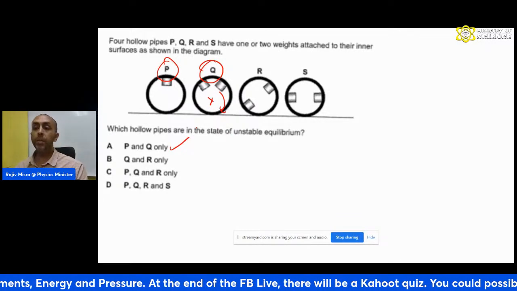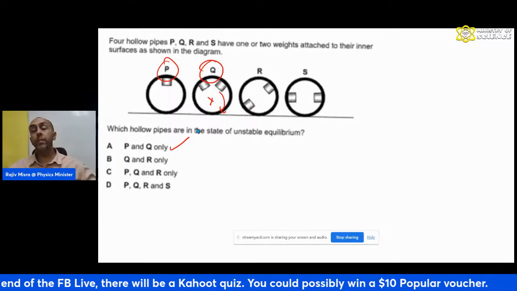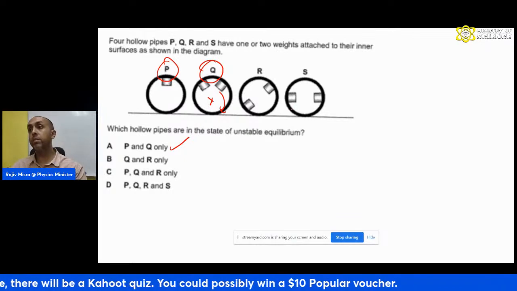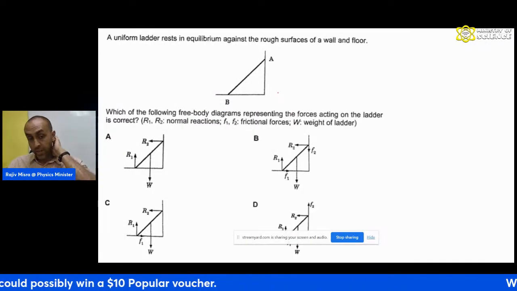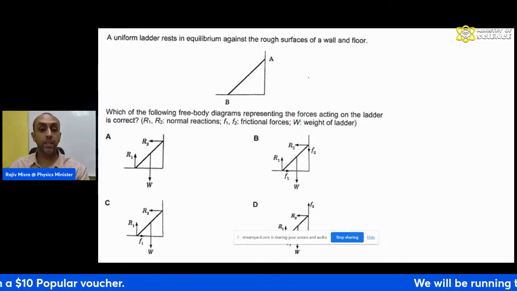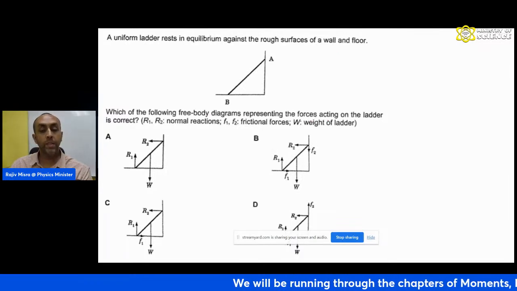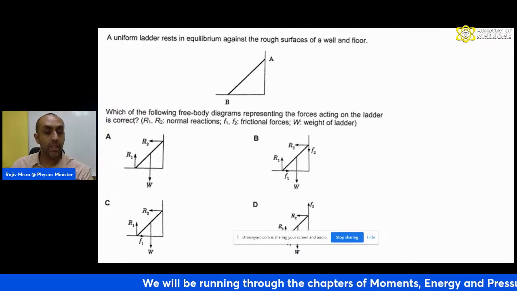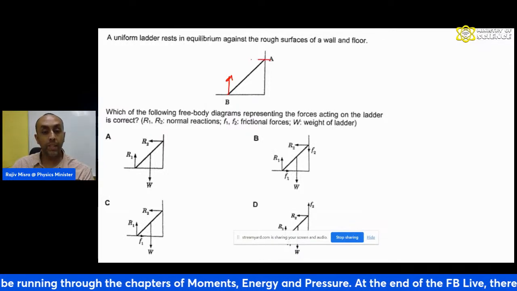The idea of unstable equilibrium, very simply put, is this: you always want the center of gravity to be above the pivot point. So just take note of that. Now, a uniform ladder rests in equilibrium against the rough surfaces of a wall and floor. Which of the following free body diagrams representing the forces acting on the ladder is correct? Now, you must remember that the reaction force is always